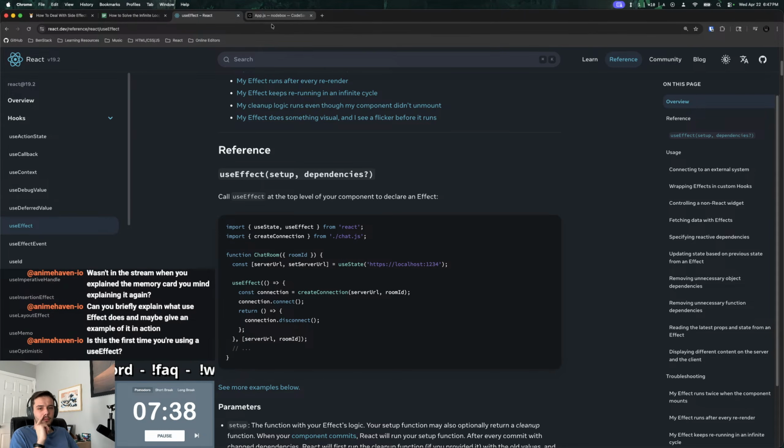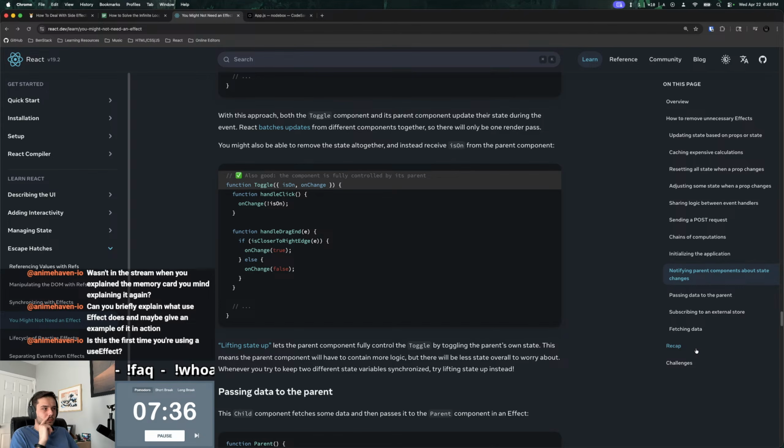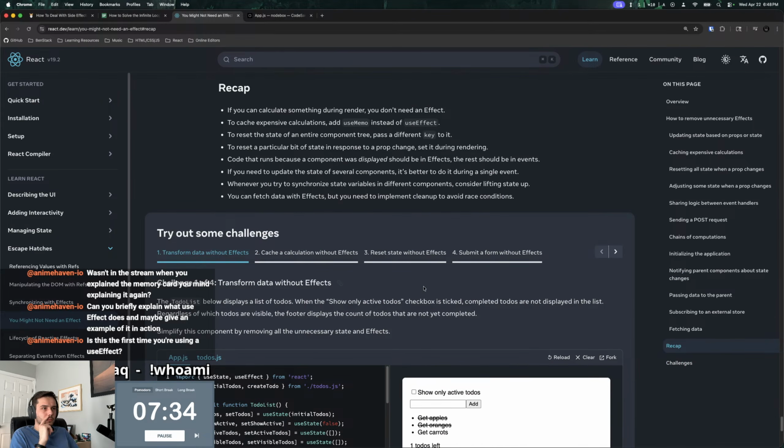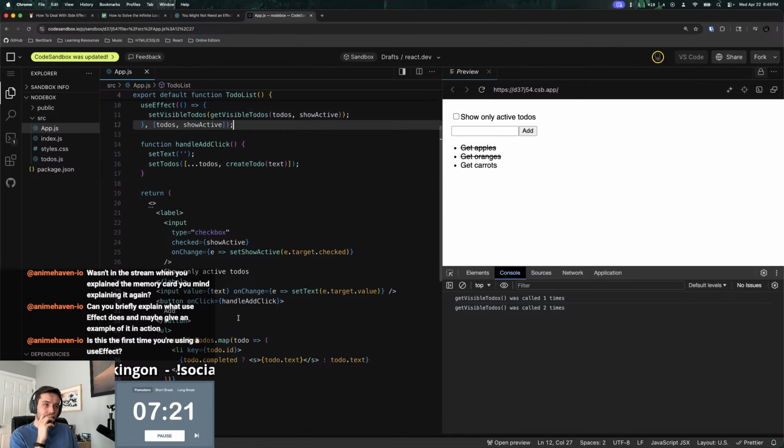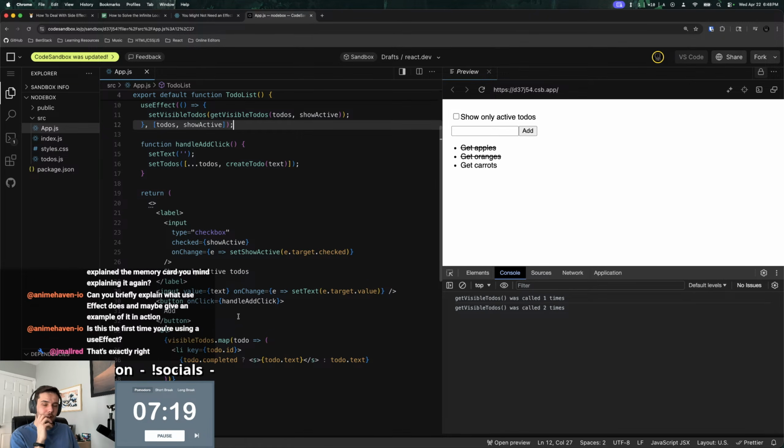Yeah, it is the first time, anime. And I'm just doing these exercises to gain an understanding of how this works, because I'm kind of rusty on it. But it's exactly right. There we go. I thought that was kind of a mid explanation, but